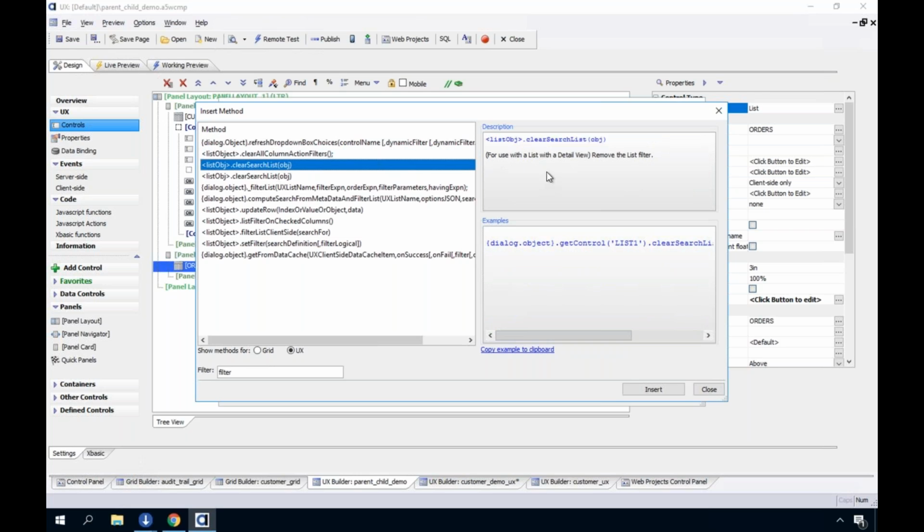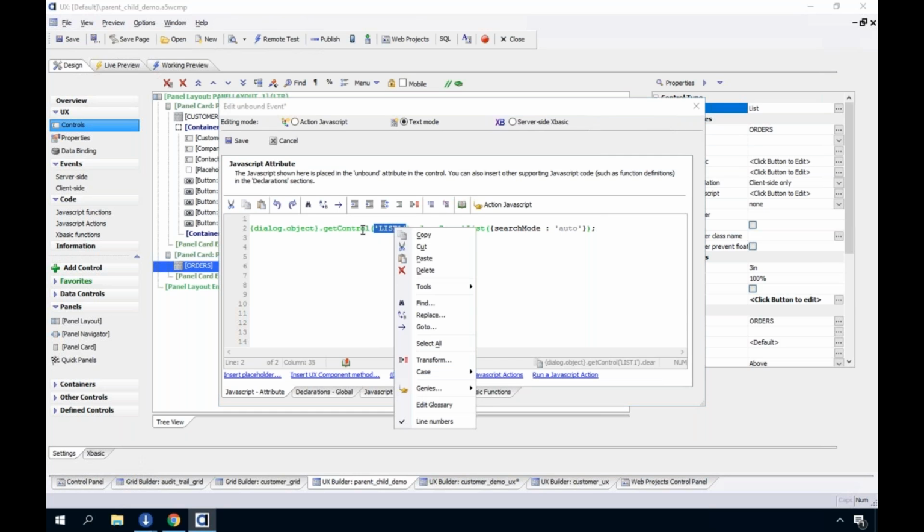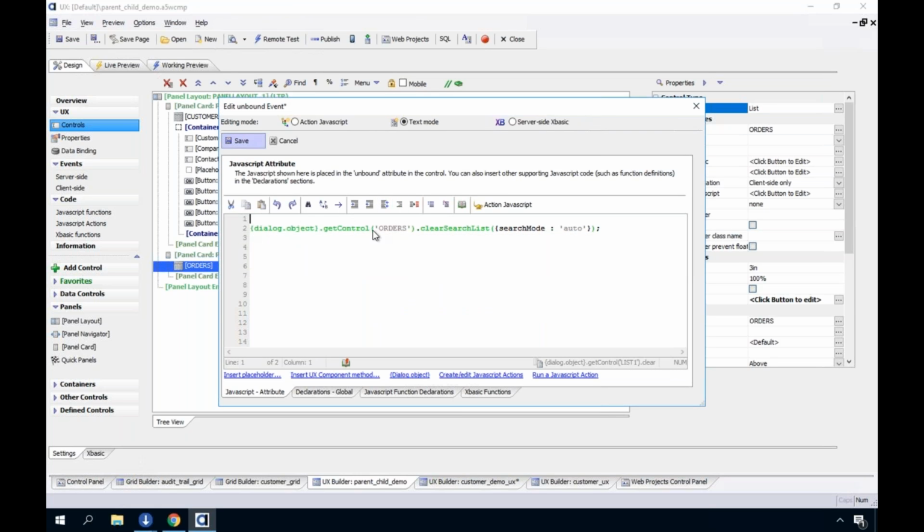clear search list. This is if there's a list with a detail, it removes the list filter. There's also clear search list, which allows you to remove the list filter. So that's the one I wanted there. So I'll copy that. I'll insert it here. Now notice I want to make sure that I have this list control right here. So I'm going to select that, point it to the correct one, orders. And so now when this is emitted, it's going to run that little piece of JavaScript and clear the list